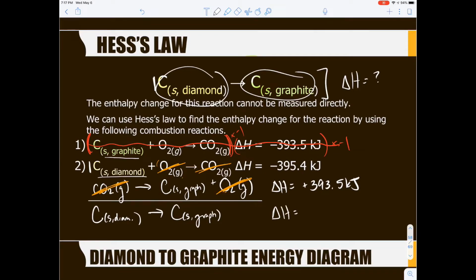So now that we've done that, Alex, what do we do with the delta H's? Good, we add together the modified delta H values. That's right. So we get 1.9 kilojoules will be the delta H for this new reaction. So this was a way of finding delta H for a reaction,